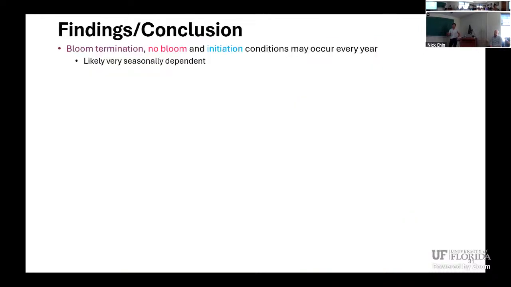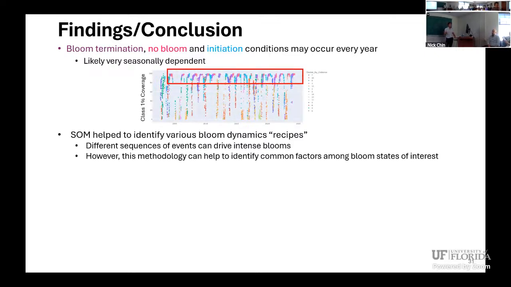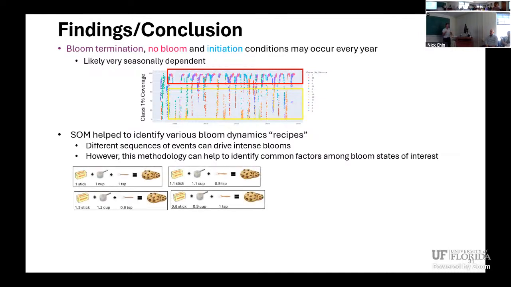Okay. So what are our findings and conclusions from all these different superclusters that we're looking at, right? Bloom termination, no bloom, and initiation conditions likely occur every year. They're likely very seasonally dependent. However, these SOMs help to identify various bloom dynamics, or these recipes of interest. There are these different sequences of events that can drive different intense blooms, like those supercluster 7 and 10 that we looked at previously. However, the main takeaway from these is that this methodology can help to identify common factors among